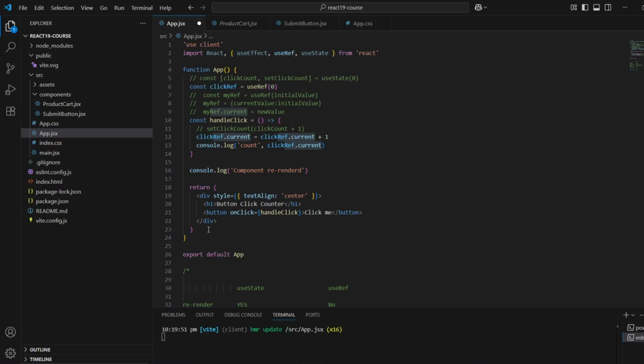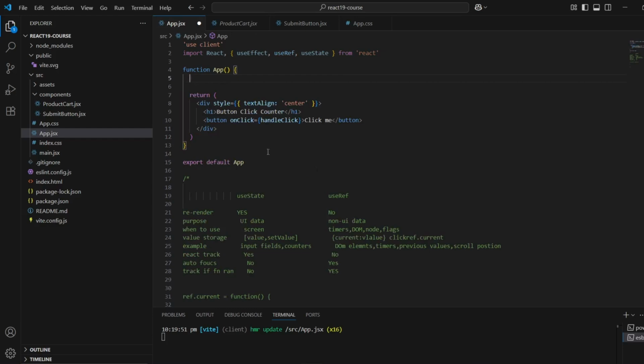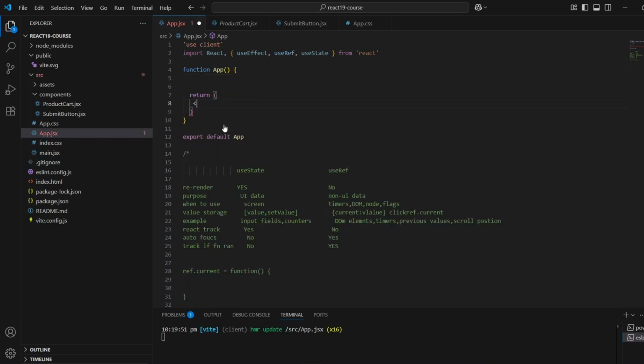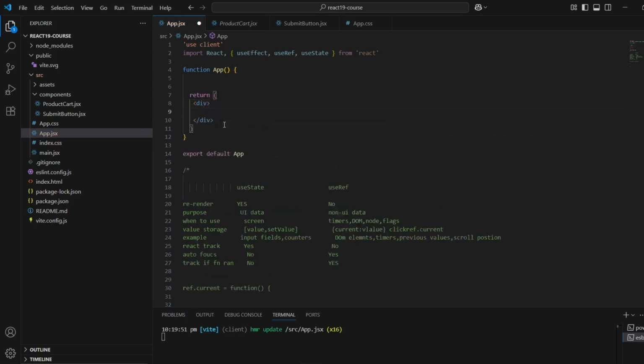And here we'll be using our useRef. Okay, so now let me clear all these things which we have. Let me delete everything from here, and also clear the return, and let's only return a div. First, as I told, we'll be showing the time, right? So to store that time, we definitely need a state.